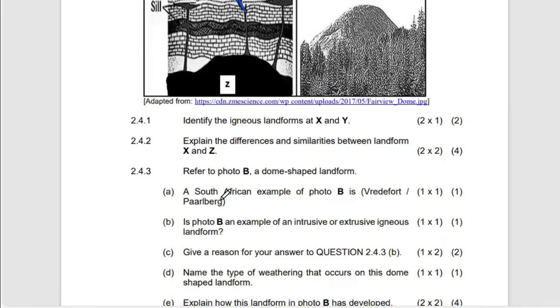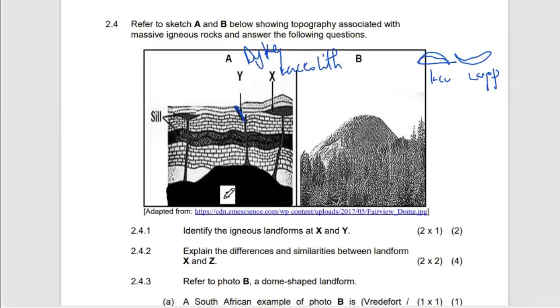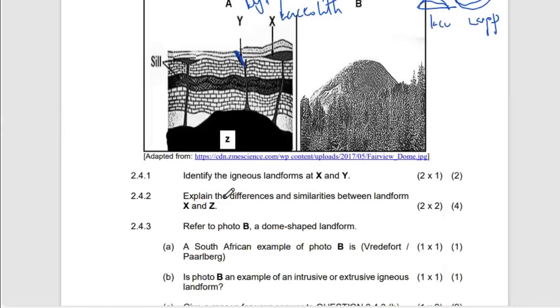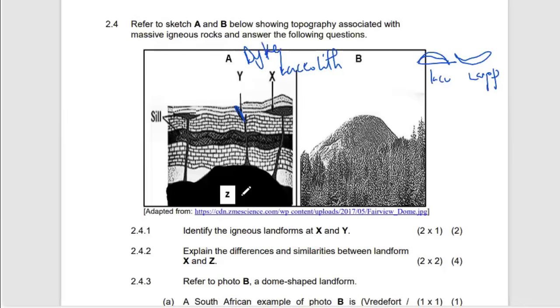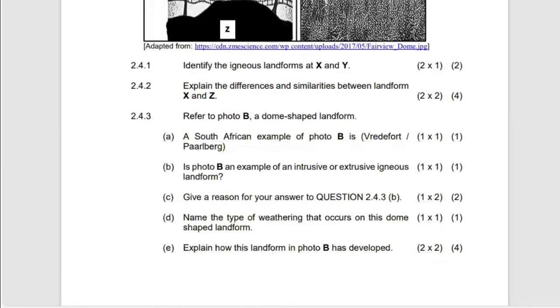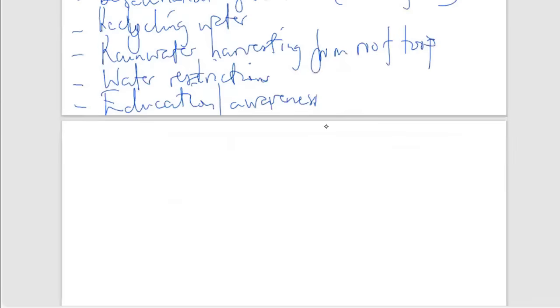Right. Explain the difference and similarities between landform X and Z. Z is this bigger landform at the bottom, and our X, you can see, is this lacolith here. So we want to try and figure out the differences between those two, a lacolith, and comparing it to a dike. So a lacolith, basically, we can say this one. Let me use here. When we're comparing a lacolith,